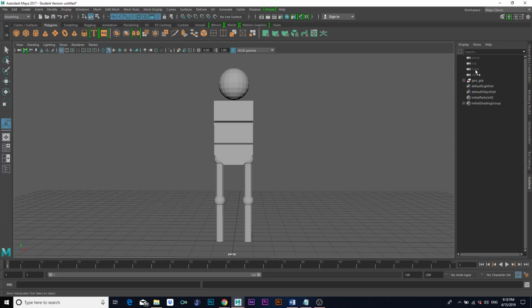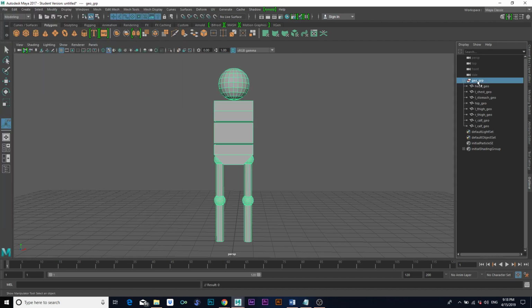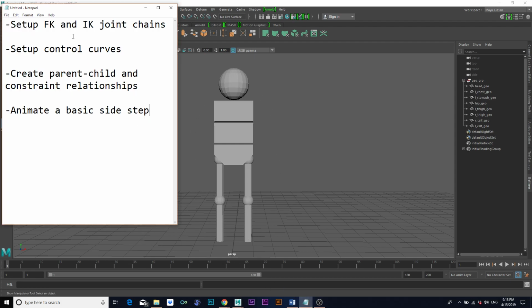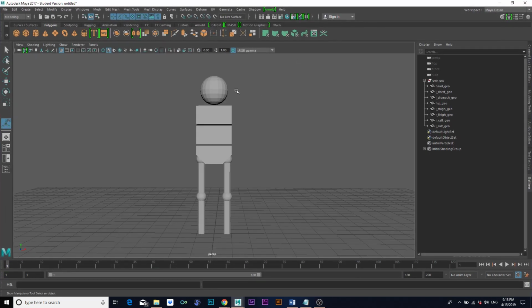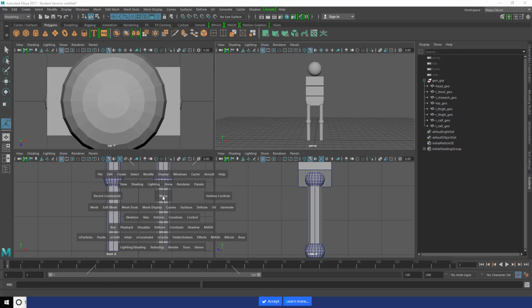Now I've gone ahead and created this geometry group, which is what you'll receive, essentially a group of geometry that resembles something like this. So a torso, head, and legs. And the first step, if you remember, is to set up those joint chains. So let's do that. Now whenever I set up joints, I want to make sure I'm in one of the